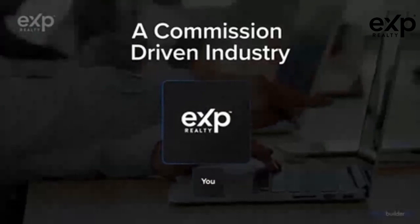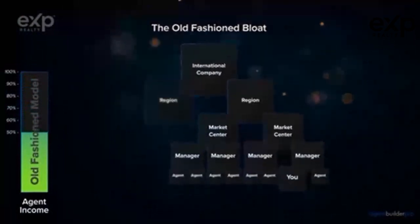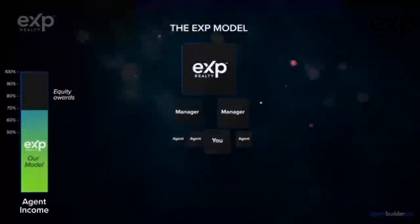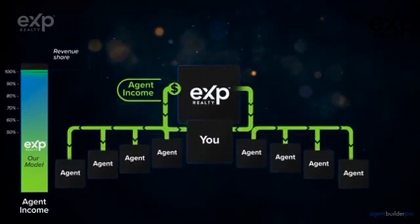This can be clearly seen with eXp's growth compared to old-fashioned models. At eXp Realty, we've eliminated old-fashioned bloat by removing franchises, territories, brick and mortar, and redundant layers of management. By doing this, we've created opportunity to give equity back to the agents and have made the agent the focal